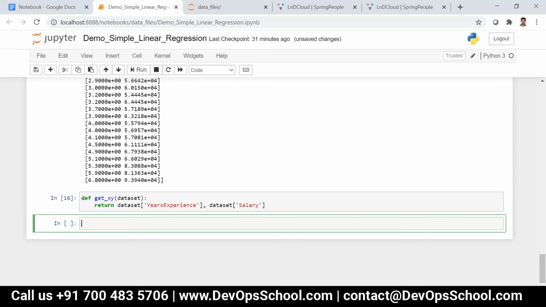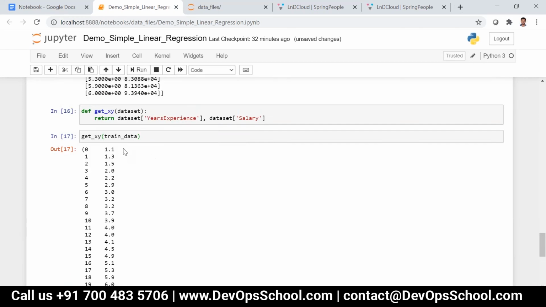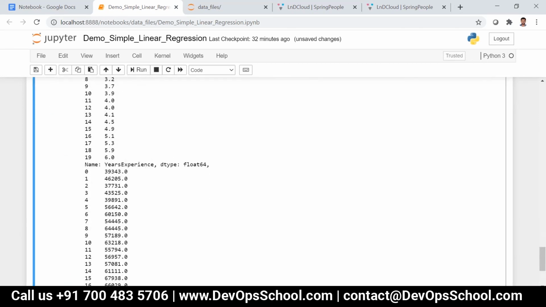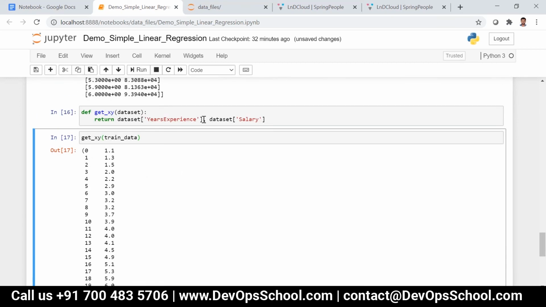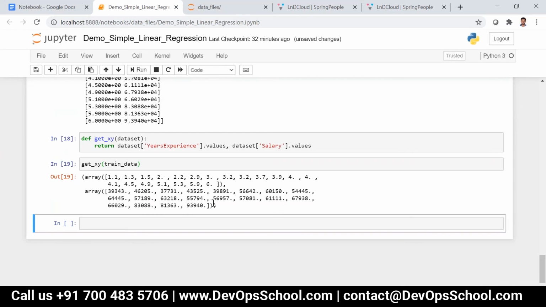Whenever I do this, what will happen? Let me just pass train_data. This will return two different data sets, right? One is years of experience separately, the other one is salary separately, correct? So here I can say .values, here I can say .values. Now you can see it's in the NumPy array format.